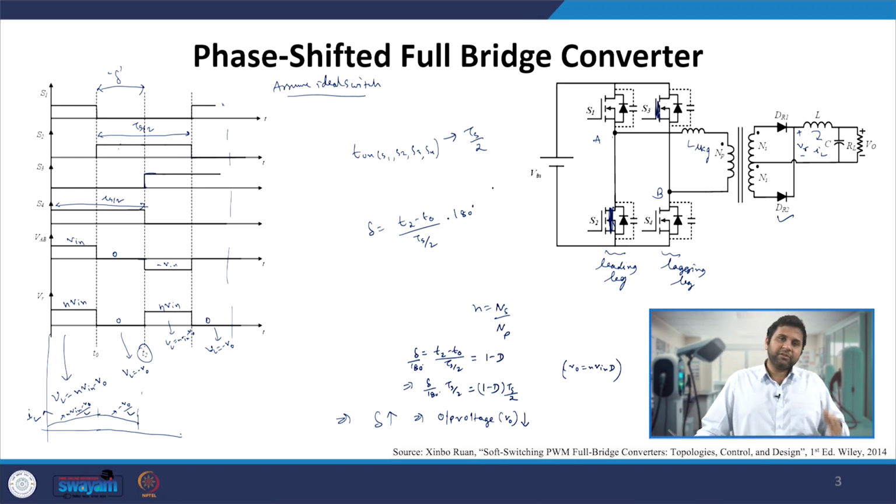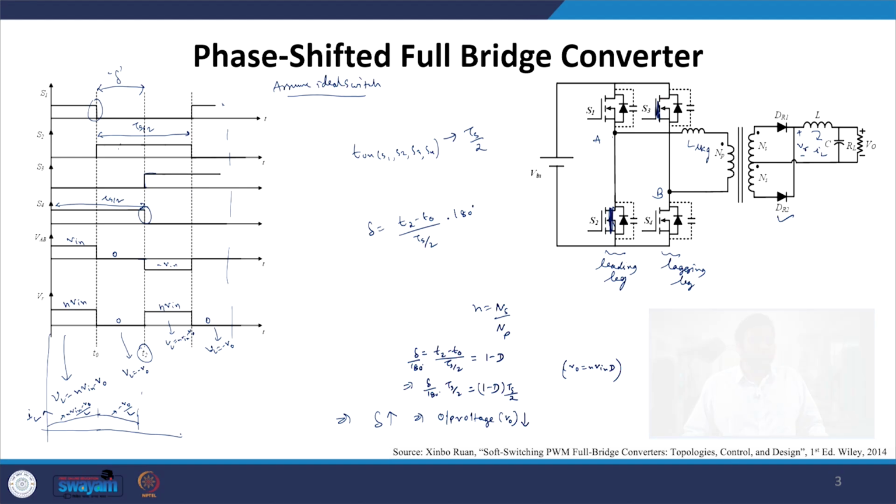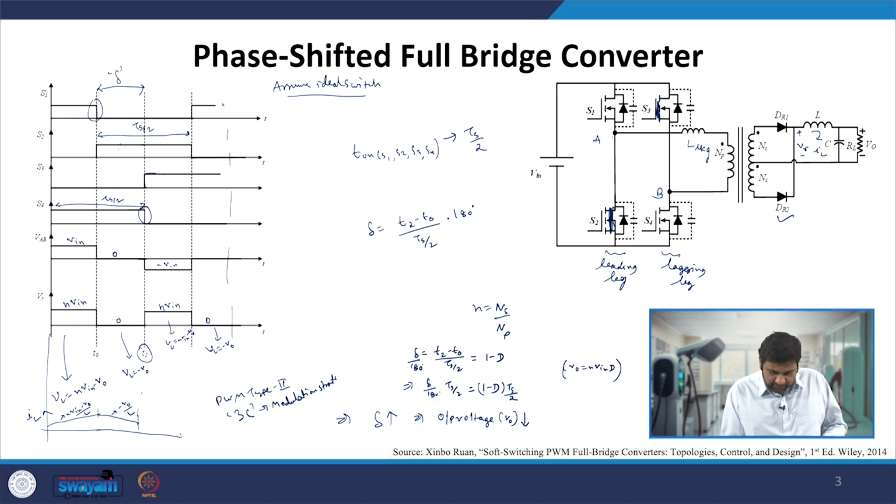So this is one way by which you can get it, but if you look very carefully, since I am turning off my diagonal switches at different times, we actually have the PWM type 2 kind of thing, and this we will use to achieve 0 voltage switching of devices. If you look here very carefully, you can say it is the PWM type 2 scheme, and it is nothing but type 3C, or you can say modulation strategy 9, what we are talking about here in case of phase shifted full bridge.